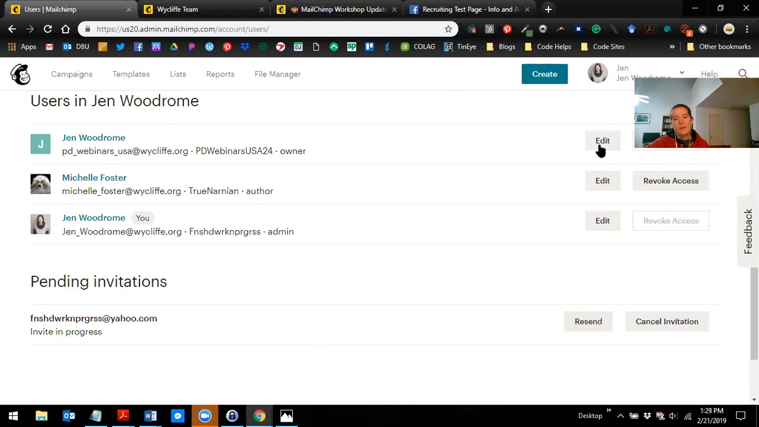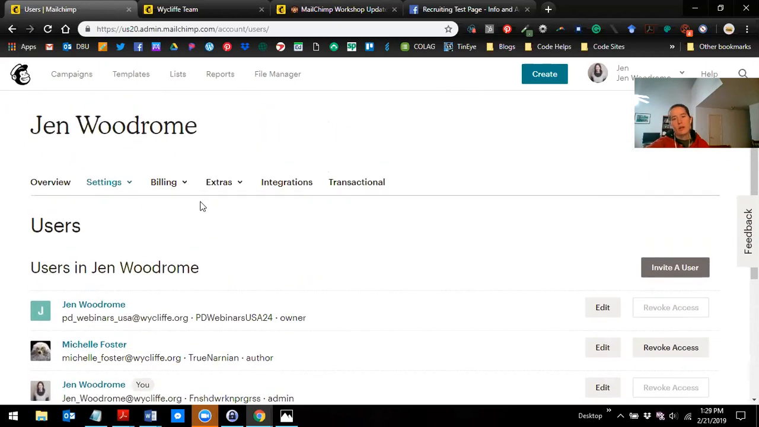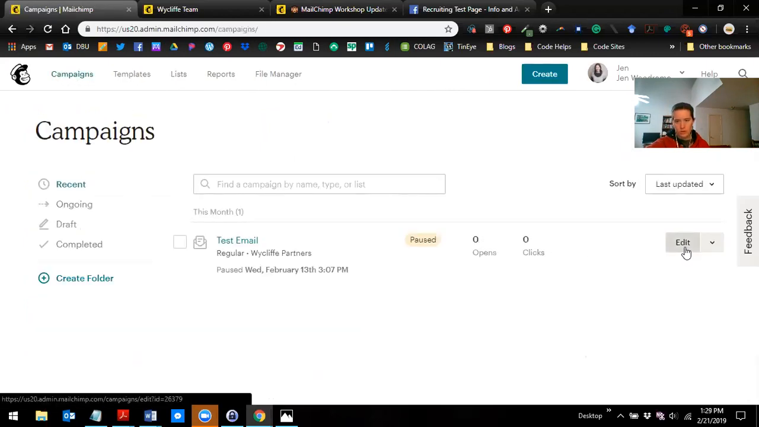And then once they've accepted, they'll show up here under the role that you've designated them to have. Once they have access, they're now able to edit all of your updates. So if I go over to a campaign and click edit,